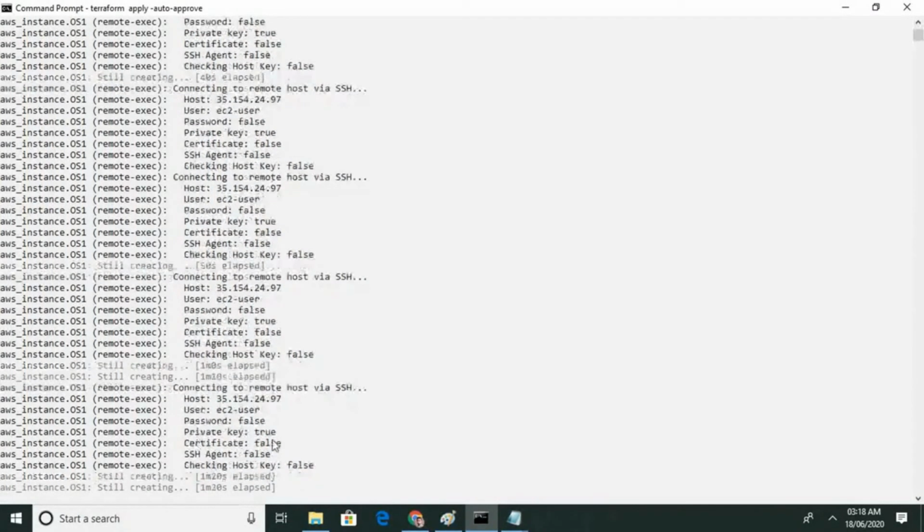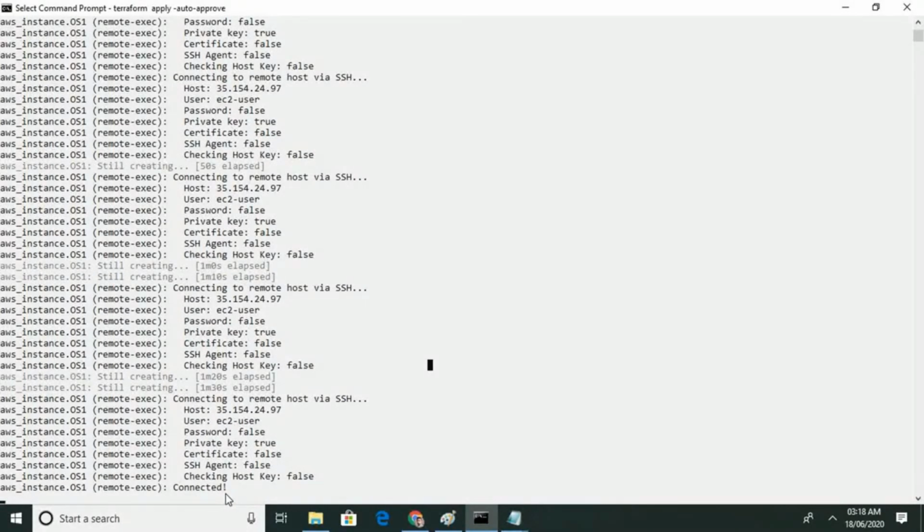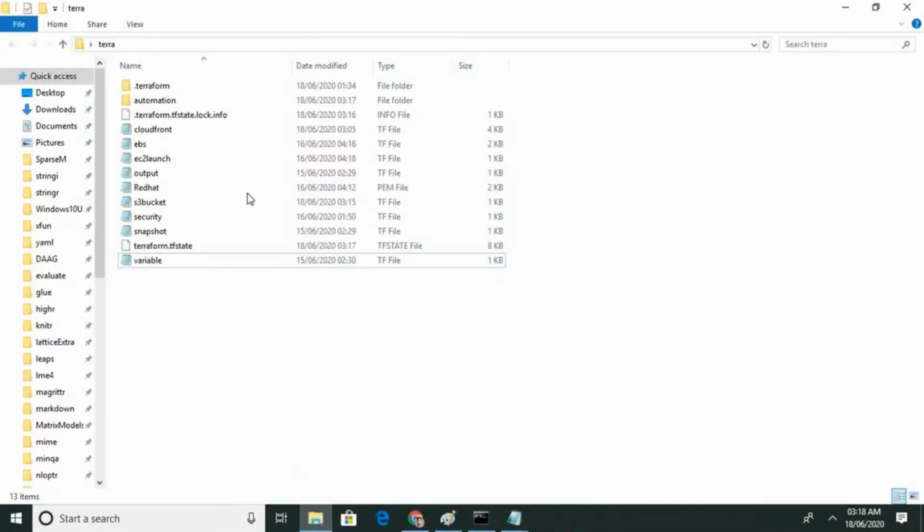You can see it's connecting. Terraform is very smart: it knows which file to run first and which to run second, so you don't have to worry about keeping things in sequence.